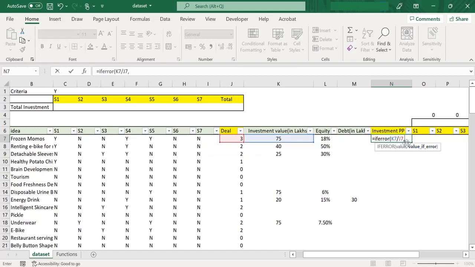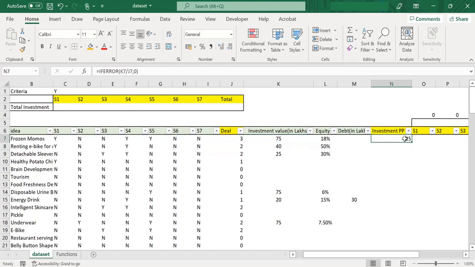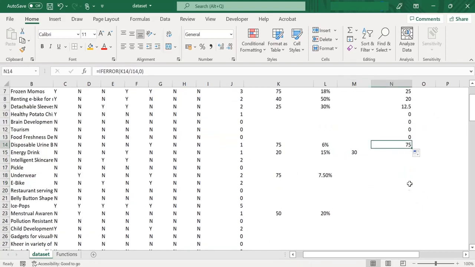To avoid that, what will be the value that we want to see? So I am writing 0. Now if I drag this, the value which I want to see in case there is an error is 0. The same is presented here. So I have shown you one way to copy the formula. The second way to drag this formula towards the end is to just double click this.